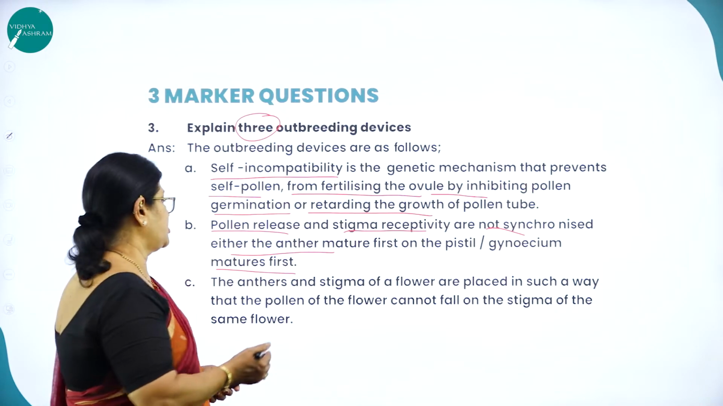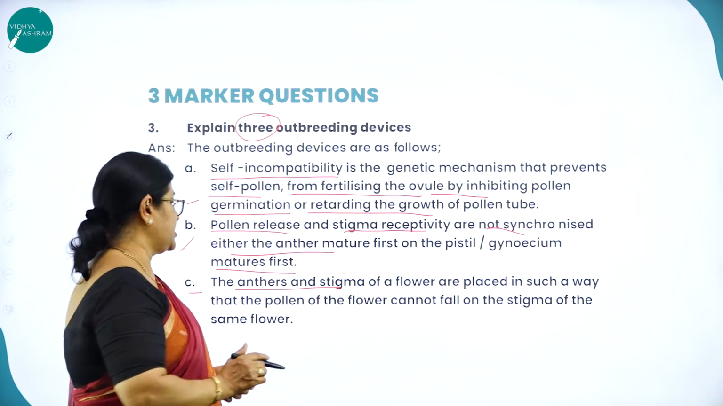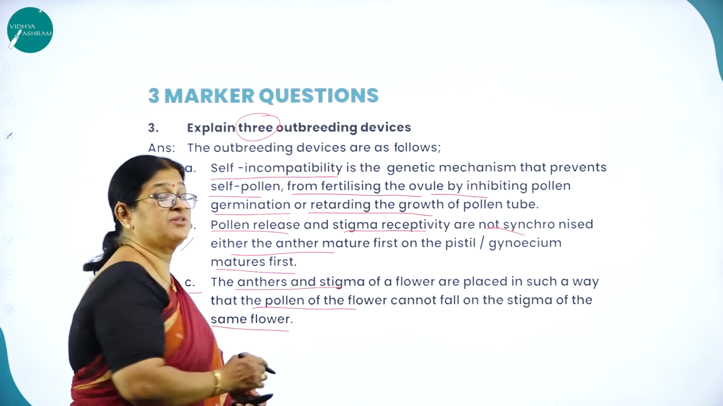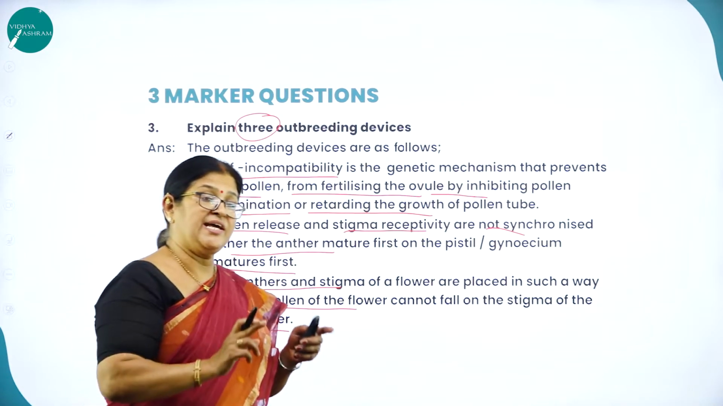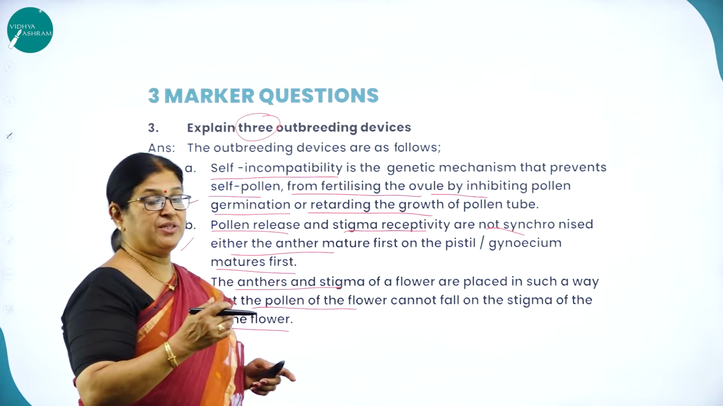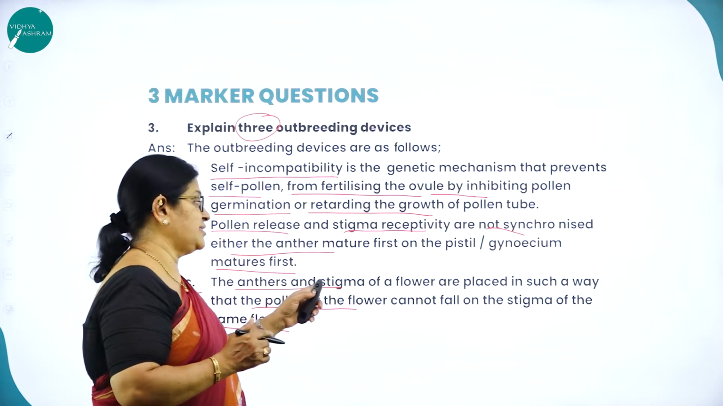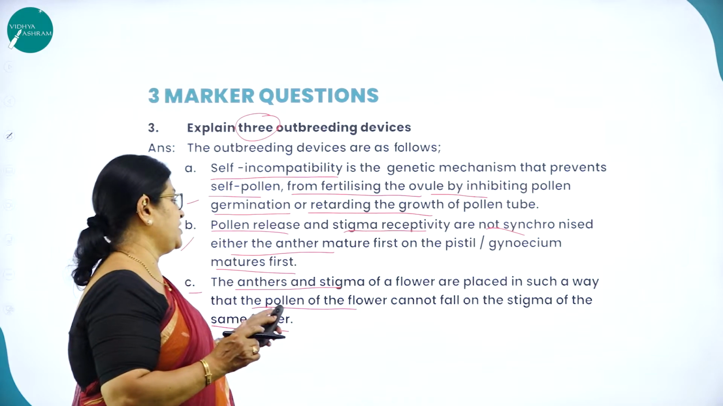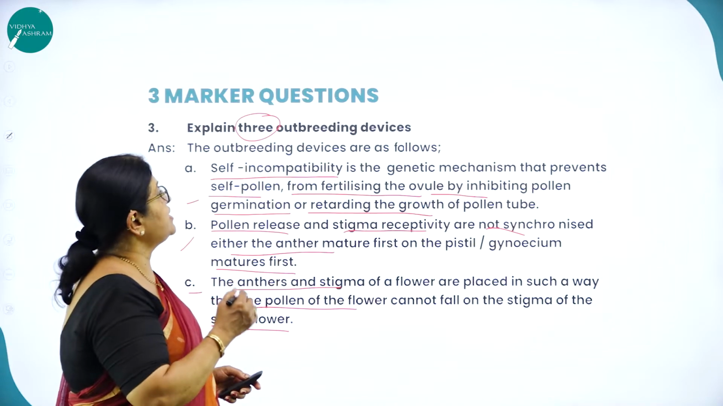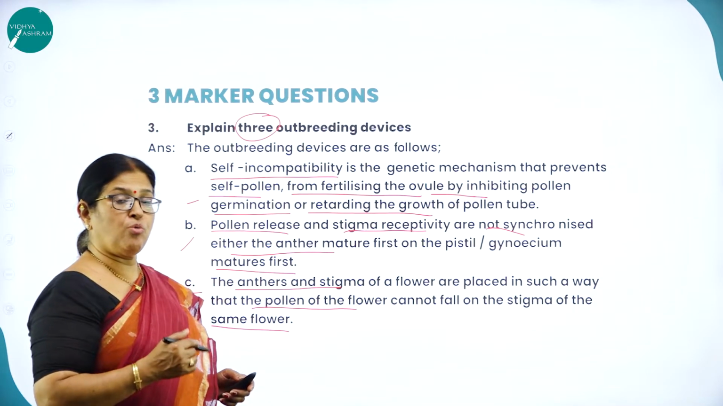and enhance cross-pollination. Next, the anther and stigma of the flower are placed in such a way that the pollen of the flower cannot fall on the stigma of the same flower. So this is one mechanism wherein the length of the stamen will not match with the stigmatic surface. So the height will not match, so much so that the anthers and the stigma of our flowers are placed in such a way that the pollen of the flower cannot fall on the stigma of the same flower. So these are the 3 outbreeding devices which a plant will try to implement to avoid self-pollination